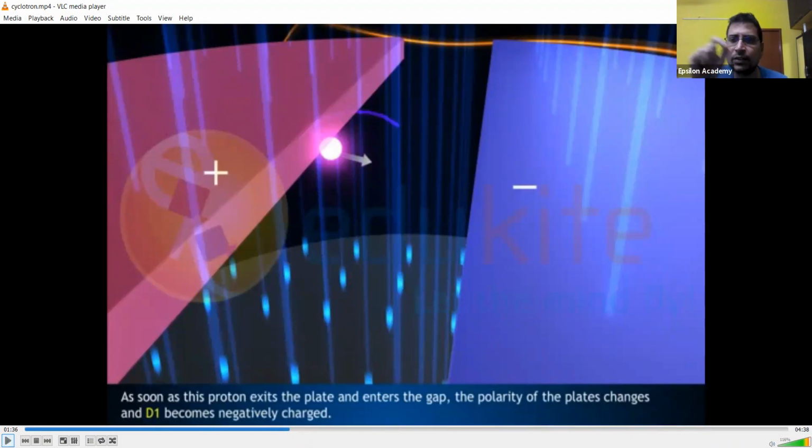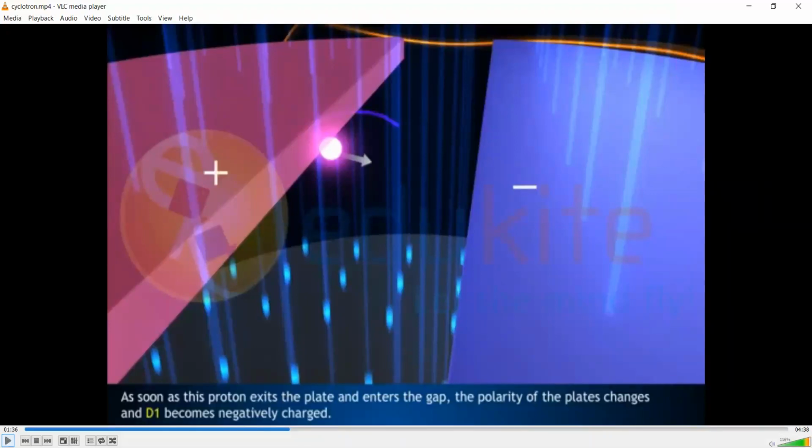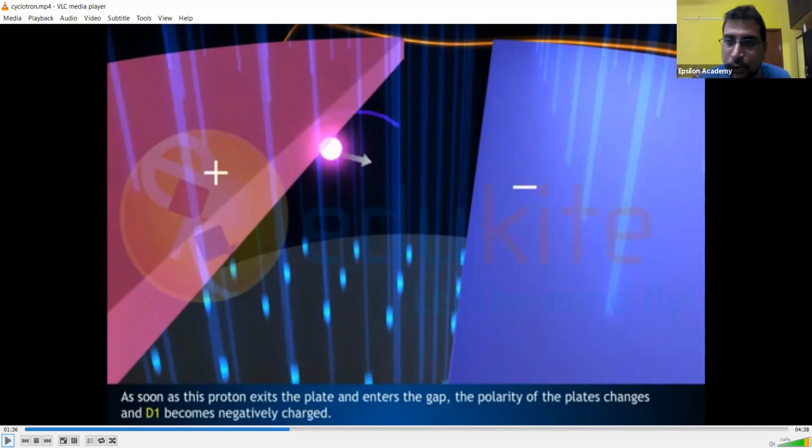Initially, the particle had zero velocity. So it was the electric field which was responsible for the particle to go into motion. Accepted? So it is because of the electric field, the particle had an acceleration. Acceleration means increase in velocity. Now when you're reversing the polarity of the electric field, the already existing velocity will increase. Why? Because it is already having velocity now after half a circle, right? So it will have more velocity, due to which